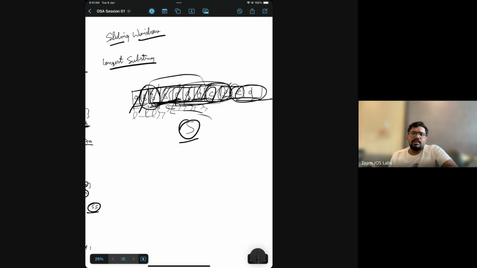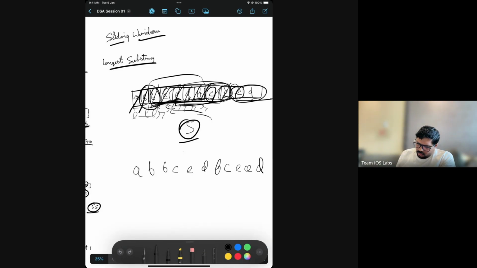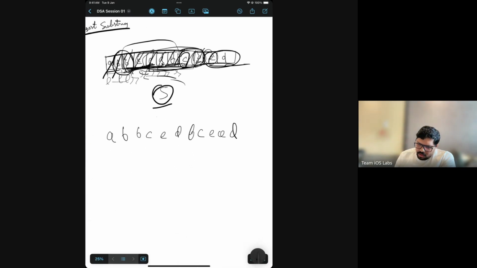We'll move to the code so you understand it better. So what we are doing exactly here: we're starting with the start of the string and seeing how far we can go with non-repeating characters, meaning unique characters. Let me write it again. A, B, C, D, F, C. So we are seeing from the start of the string. Unique characters AB is fine, but once you get any repeating character, you cancel out the previous one because you can't hold this value.